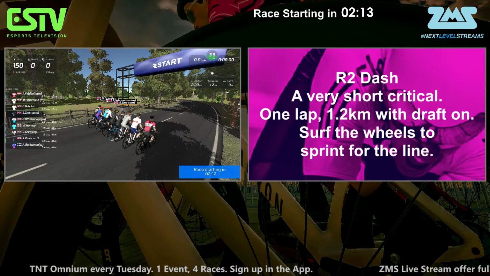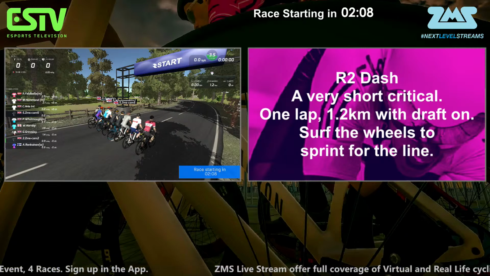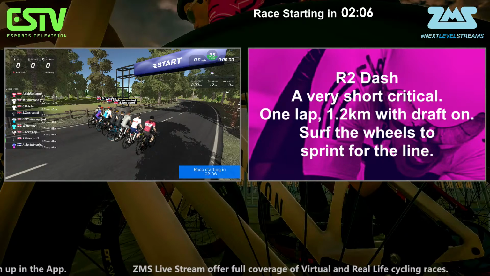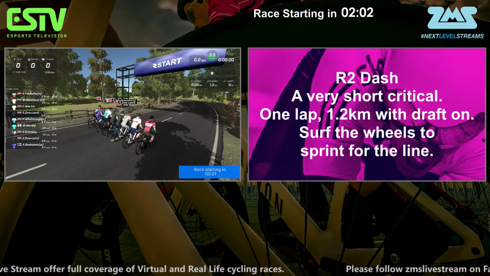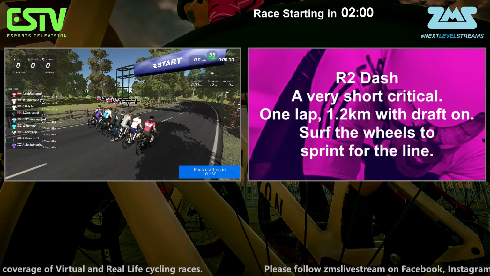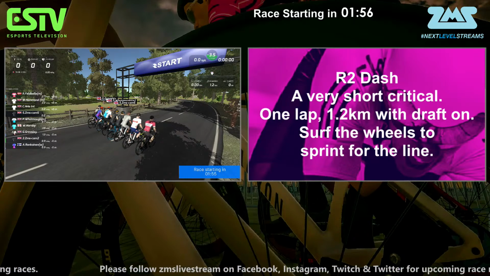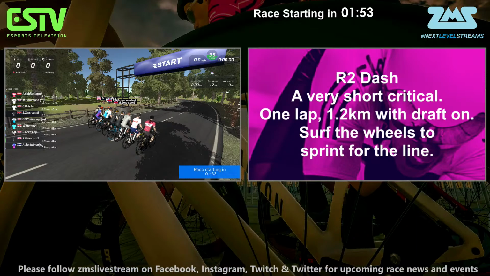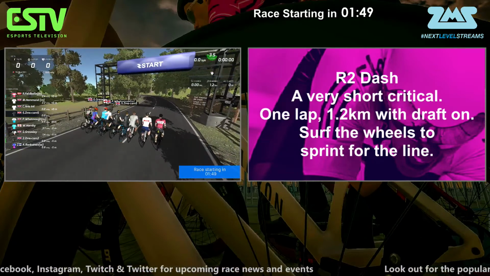So there we go. Race 2, dash, very short, crit. That's a typo, a spell check or autocorrect error. That should be crit, not critical. So it's effectively a very short crit or criterium race. 1 lap, 1.2 kilometres. The draft is on. So what I'm expecting here is for the riders to stay together, surf the wheels, and there'll be a big